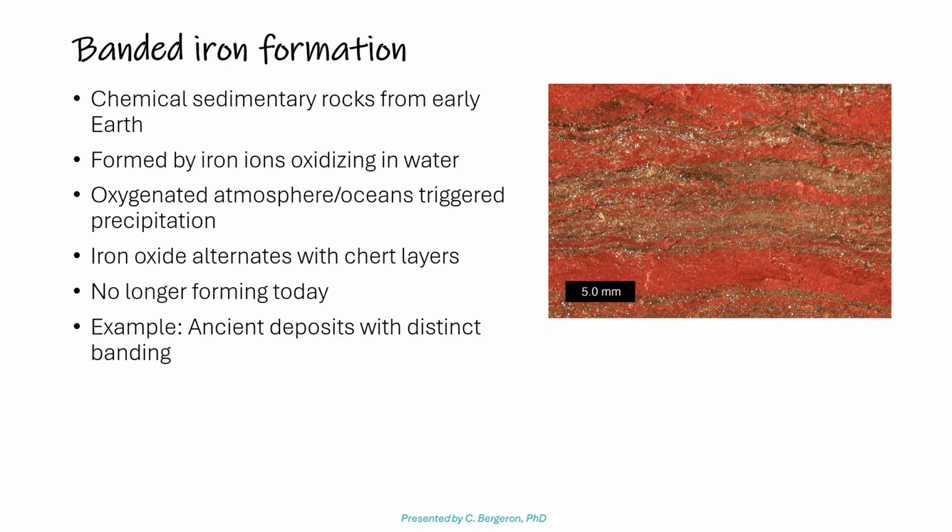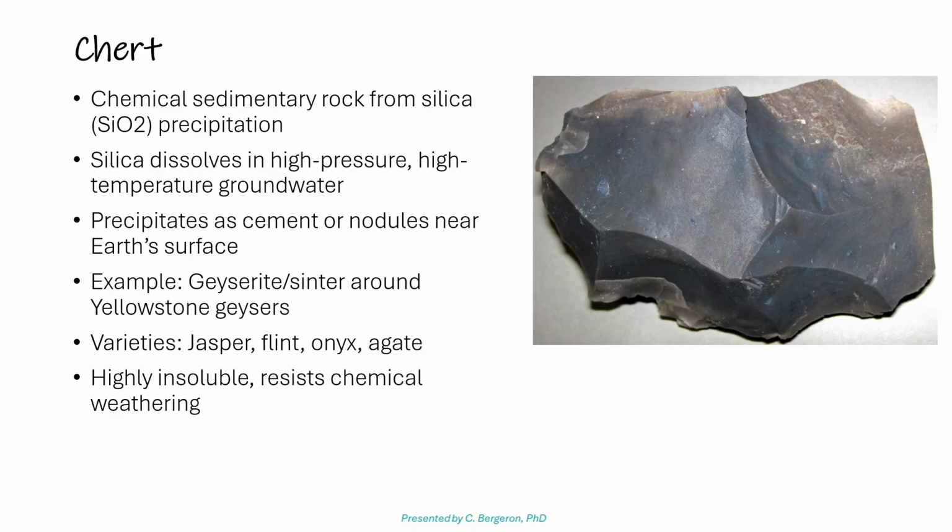And chert is another one. It's one of my favorite rocks. I think it's really cool, has a really cool, smooth texture, and it's also a chemical sedimentary rock, but it is produced from silica. So we see silica in igneous rocks and granites. We see it in sandstones and the grains, but we also see it in chemical sedimentary rocks when it precipitates